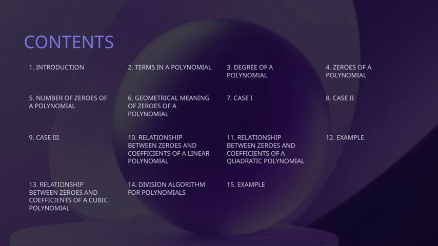Let's dive into some specific examples and case studies related to polynomials. On this slide, we see references to different cases, such as case I, case II, and case III, which explore various scenarios involving the degree and zeros of polynomials. We'll examine how the zeros relate to the coefficients in quadratic, cubic, and linear polynomials, highlighting their geometric meanings as well. Understanding the number of zeros a polynomial can have, along with their nature, helps us grasp the broader concepts